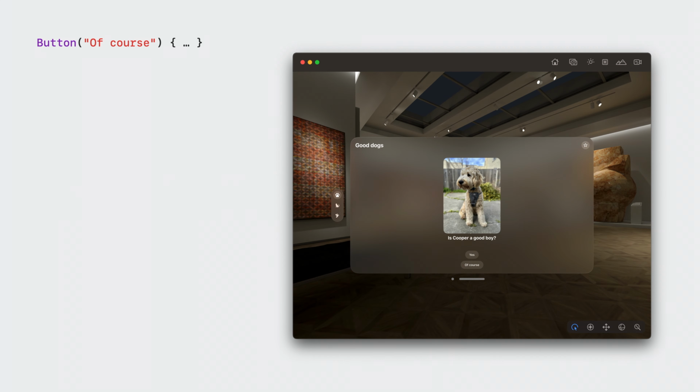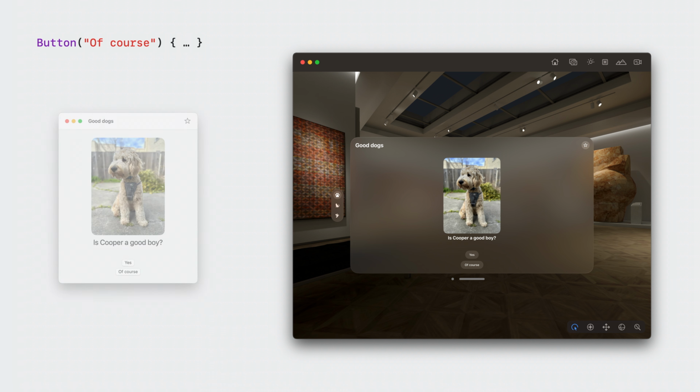Consider a button. Buttons on the system have a lot in common with the buttons you already know and love from other platforms. For example, like on macOS, buttons on this platform use a bordered style by default. But buttons also have some key differences to adapt to the idioms of the platform.